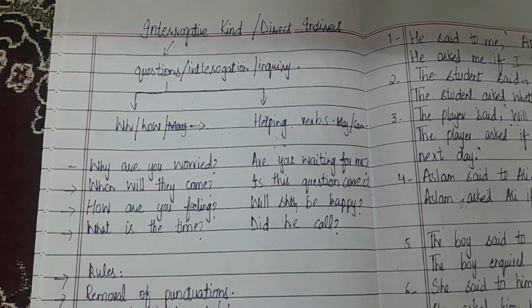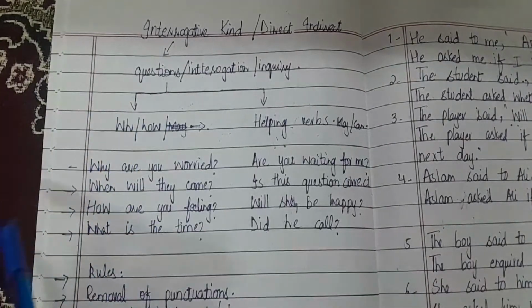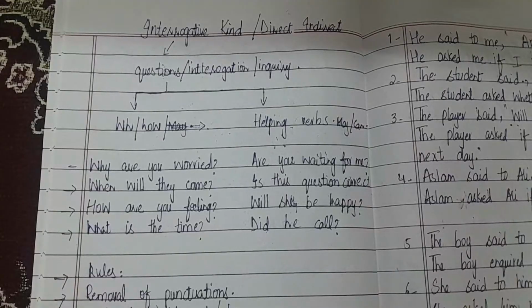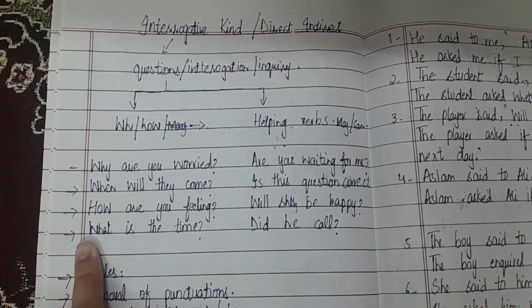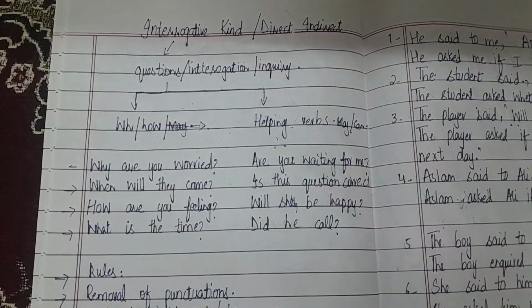आई एक्सप्लेन्ड। अच्छा, क्वेश्चंस होते हैं, इंट्रोगेशन होती है, इंक्वायरी होती है। क्वेश्चंस दो तरह के होते हैं, वाई एंड हाउ, जिसमें WH वर्ड्स और हाउ वाले वर्ड्स आ जाते हैं। एक क्वेश्चन हम बनाते हैं हेल्पिंग वर्ब्स के स्टार्ट से। जब हमारा क्वेश्चन WH वर्ड से या हाउ से स्टार्ट होता है तो डायरेक्ट इनडायरेक्ट नरेशन में ले जाने के लिए इनडायरेक्ट नरेशन में भी हम उस वर्ड को एज इट इज़ लिखते हैं,